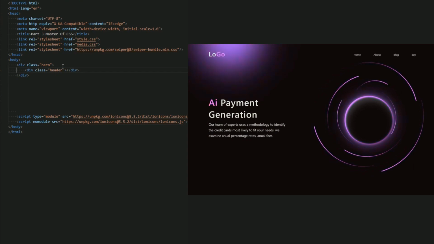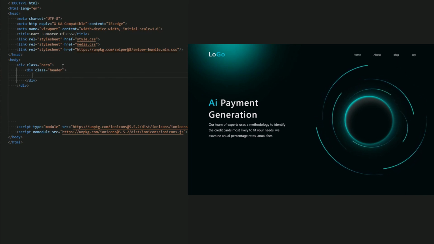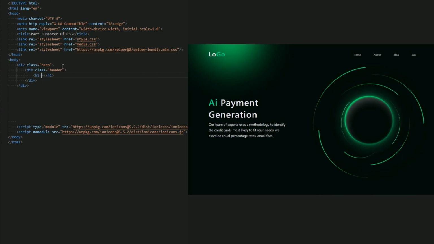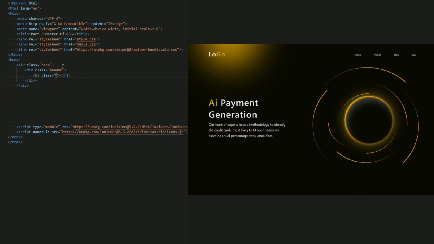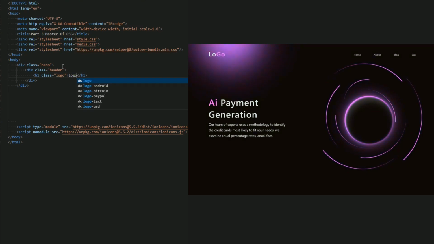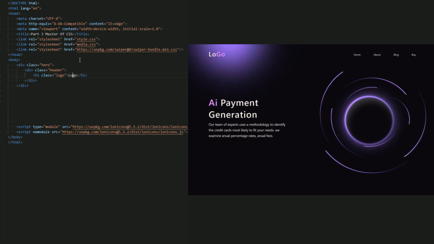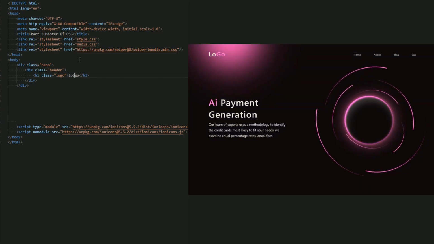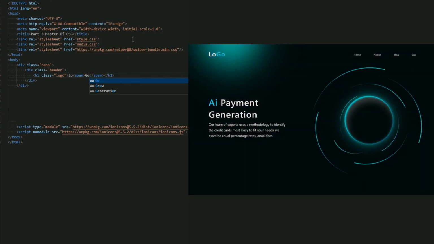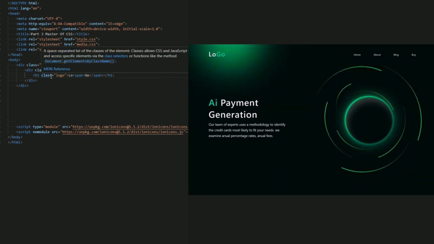Okay, now in the header I start with the logo, and let me type a logo instead of adding an image. So h1, and let me add the class list logo, and inside it logo. Okay, and let me add a span for a different color for this span. Okay, now we created the logo.